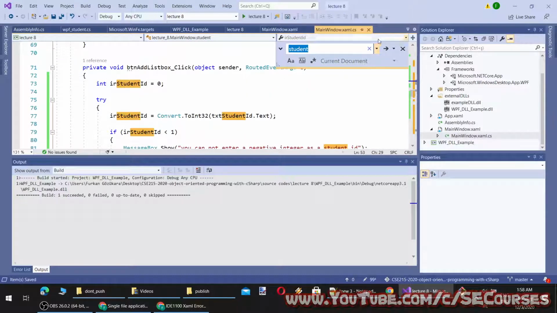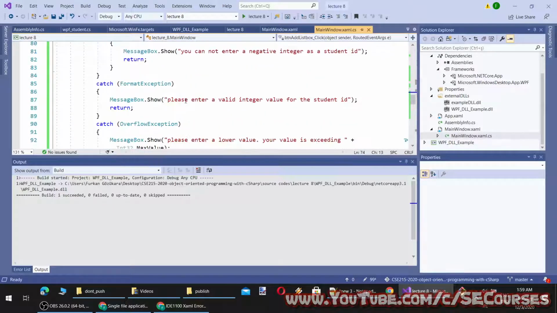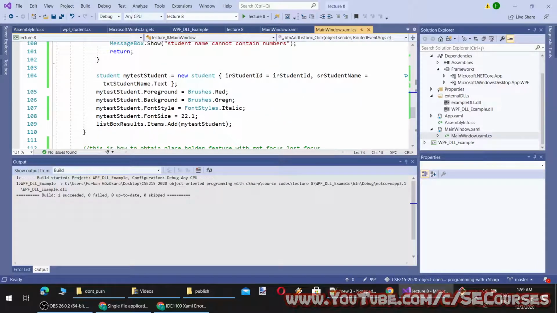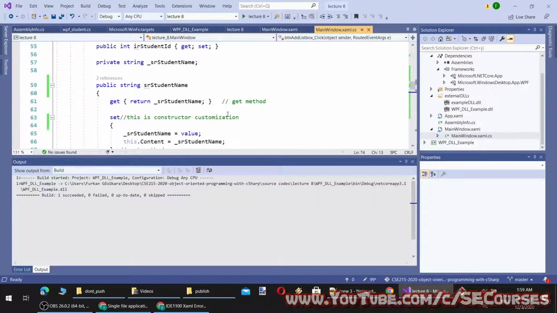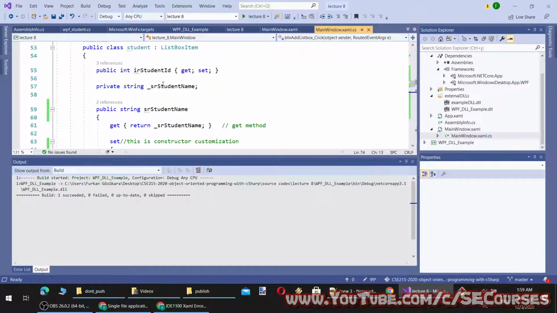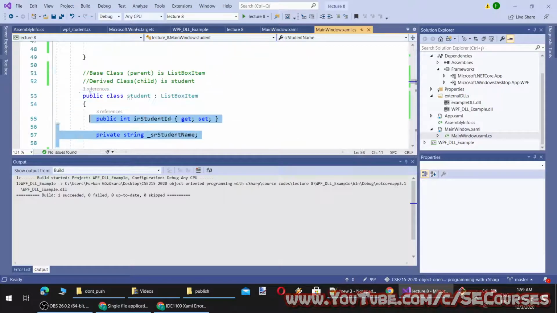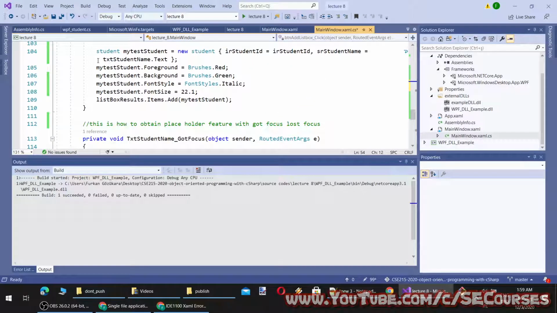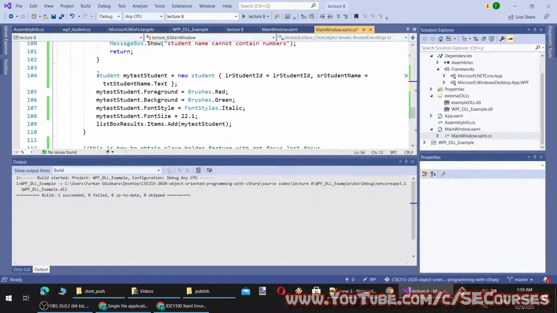So let's also generate another method, or let's just comment this out. I'm commenting this out to use the student class inside the others. Okay, now you see it is automatically using the WPF DLL example student.